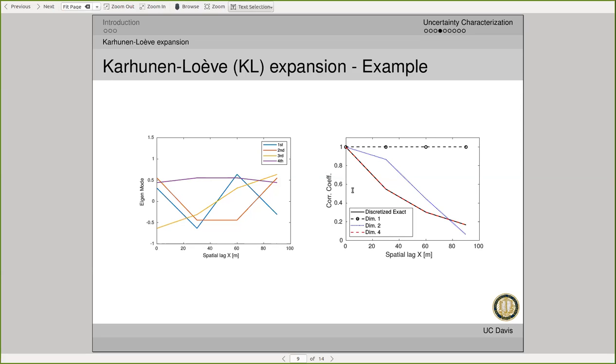And if we increase the dimension of the Karhunen-Loève expansion, you can see we get better at capturing the correlation structure. In this case, since we only have 4 random variables, we only have 4 nodes in our discretization, so with KL dimension 4, we can already fully capture the correlation structure of our discretized correlation. But you might think that this is still not a very accurate representation of your original correlation structure.